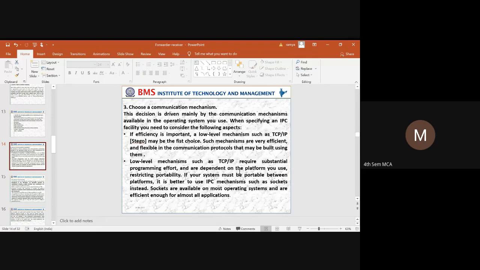That means if our application has to be portable, then it is better to use an IPC mechanism. When we use an IPC mechanism, we need to use sockets. These sockets are available for different operating systems, and are supportive for all applications.